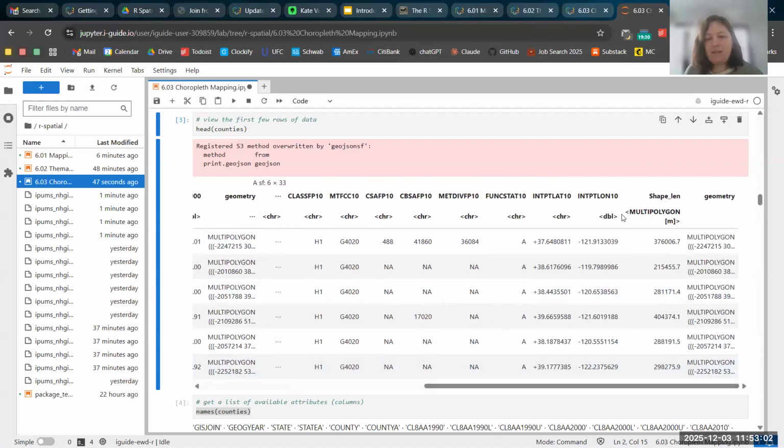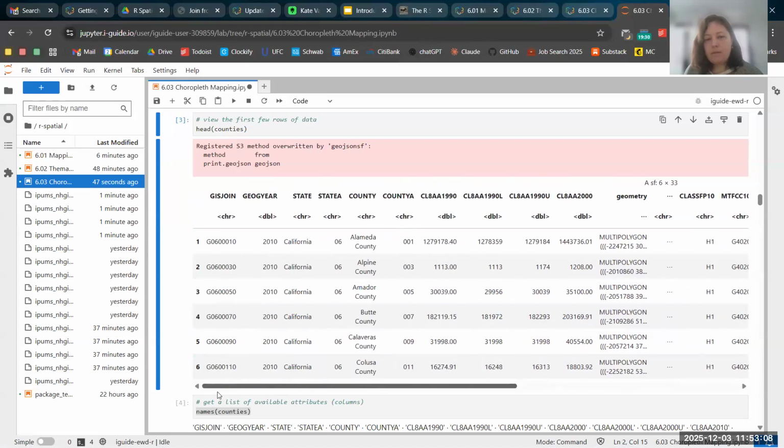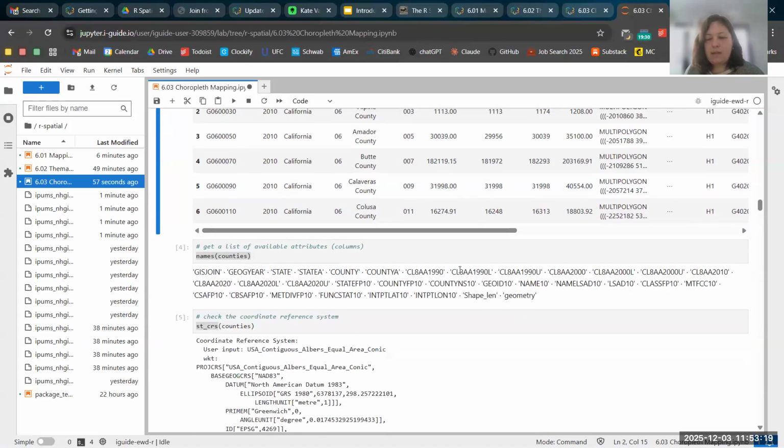But anyway, the state of California, we've got the county name, some information on the county. And then we've got these variables here. Those are the four censuses. So 1990, 2000, some that are hidden, but 2020, the L at the end and the U at the end. So you can see here we've got four versions of 2020. Those are the lower and upper confidence